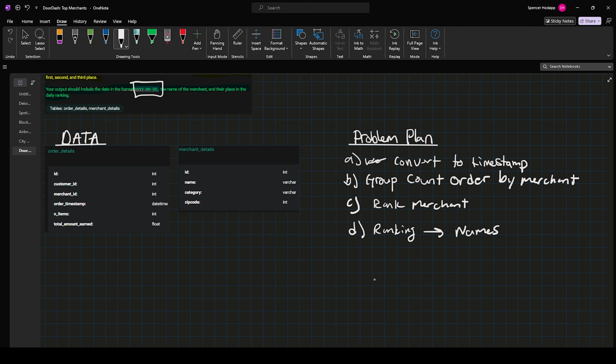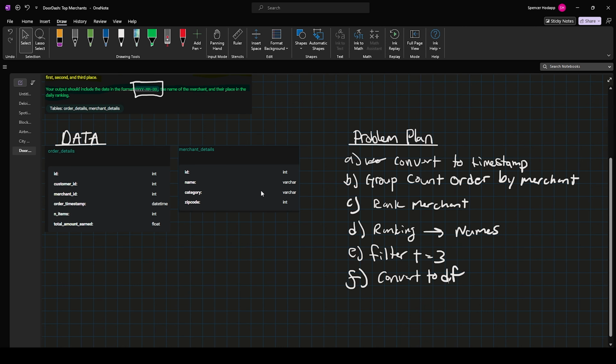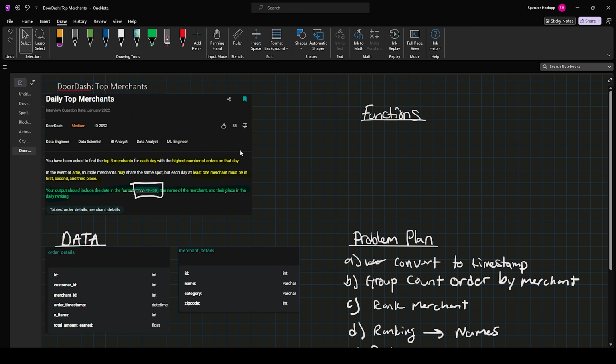Once we have that, we want to filter for rank less than or equal to 3, the top 3, and then finally convert to DF. I think this is a pretty solid problem plan. It addresses everything we need to do. So the next step will be to figure out what kind of functions we need in order to execute on this plan.